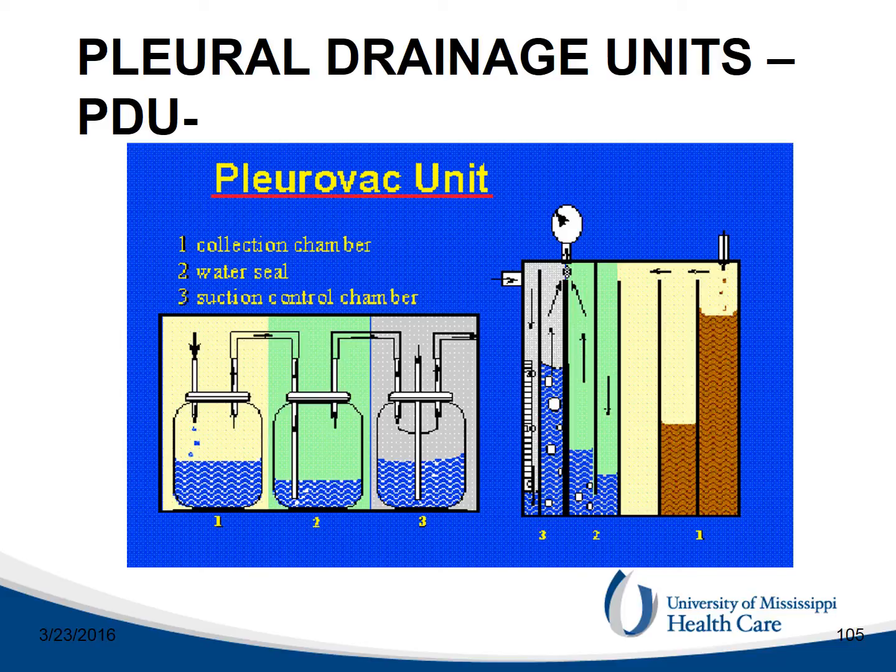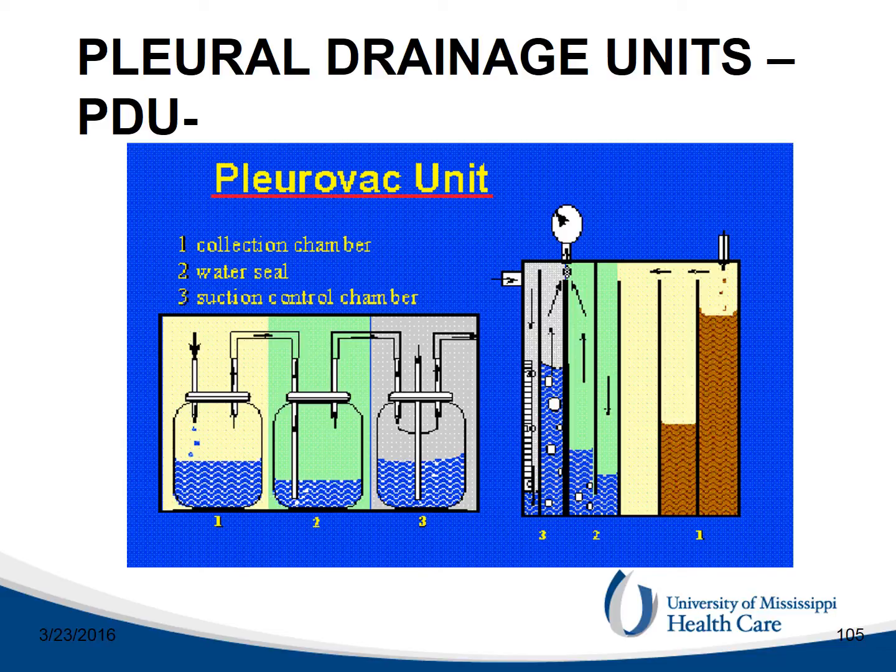Here on the left we see the 3 barrels that constitute a complete pleural drainage unit. They are the collection barrel on the very left, connecting to the chest tube that comes from the patient. The water seal barrel in the middle transmits the suction but prevents air from going back to the pleural space. And finally, on the right, the suction control barrel, which is connected to the suction device or to the